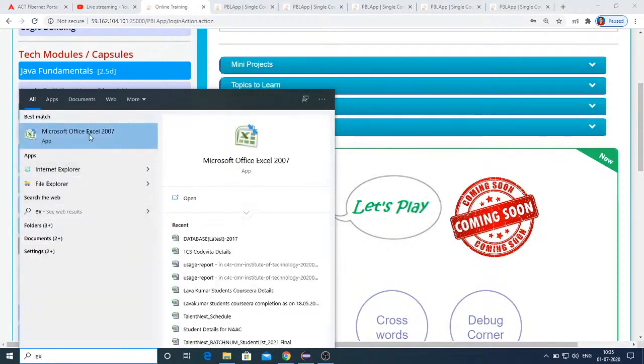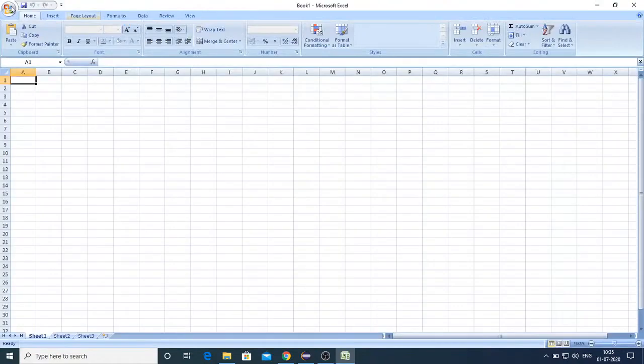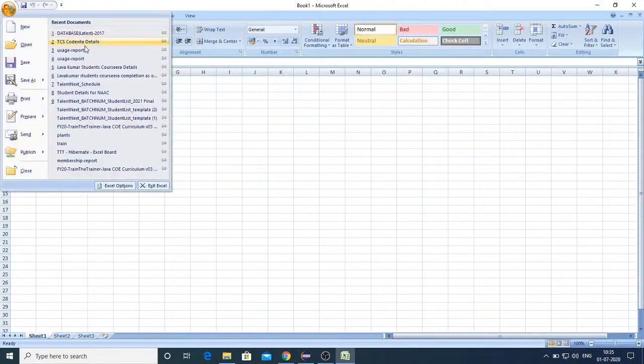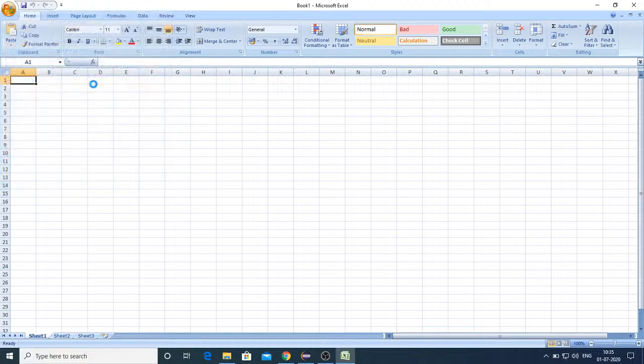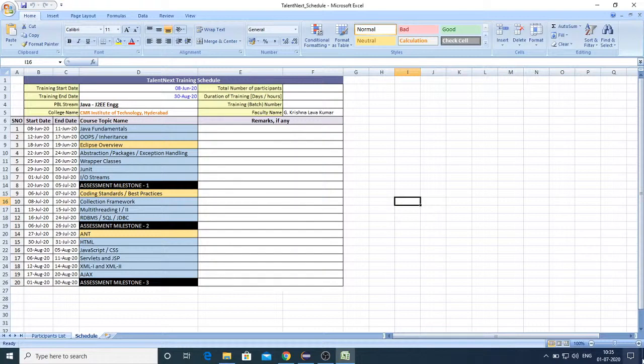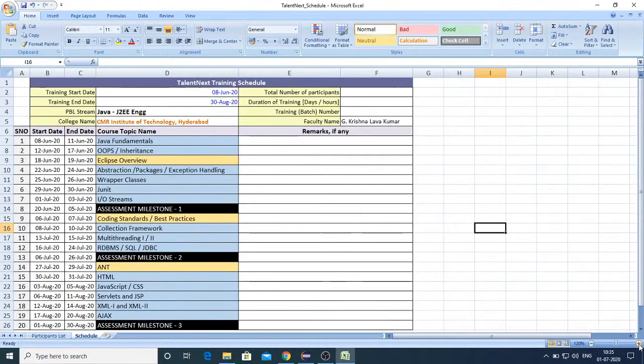So as per the schedule only it will be enabled. I have said this is the schedule we have shared. So I think it's enabled now. You can just check that assessment milestone once.